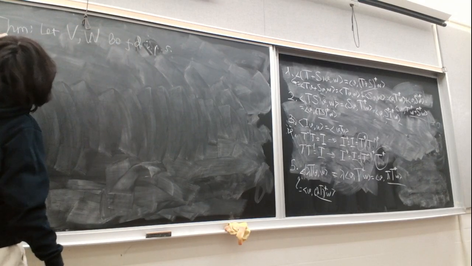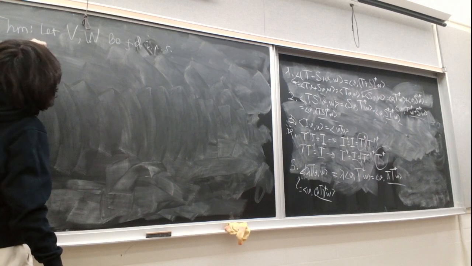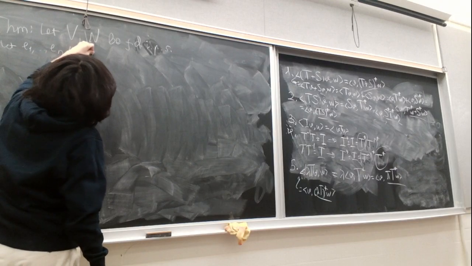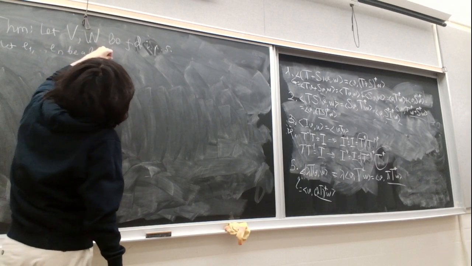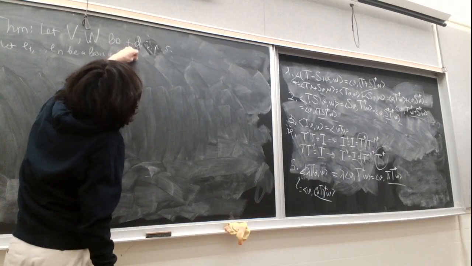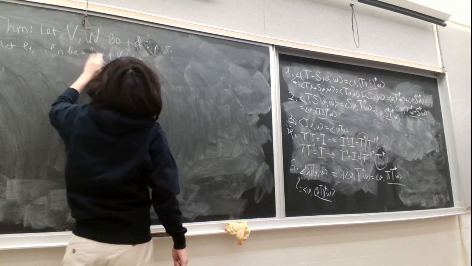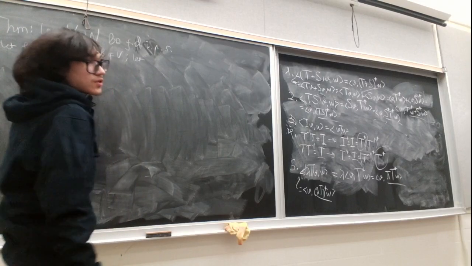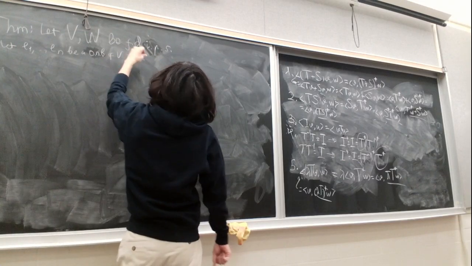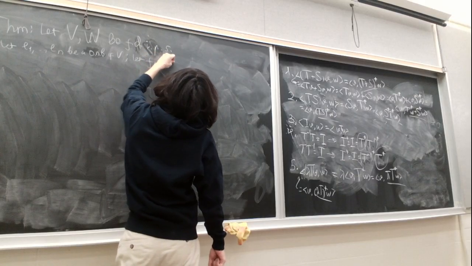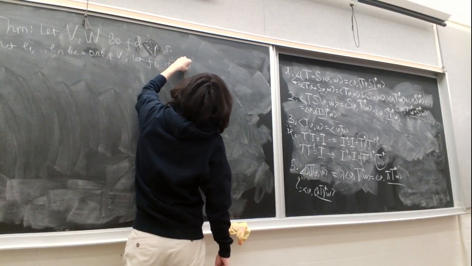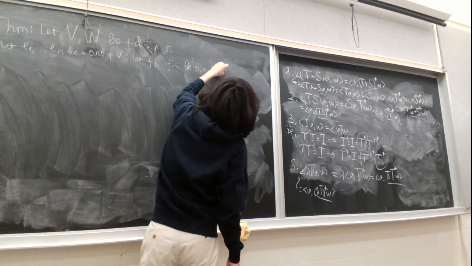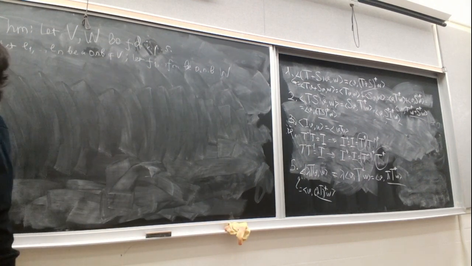Let E1 through En be an orthonormal basis. That's the important part. Let F1 through Fm be an orthonormal basis of W. Then